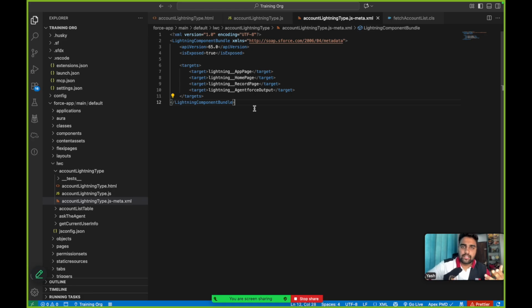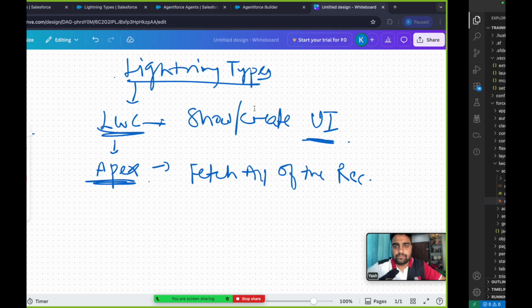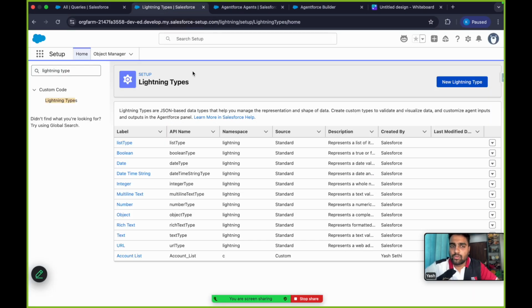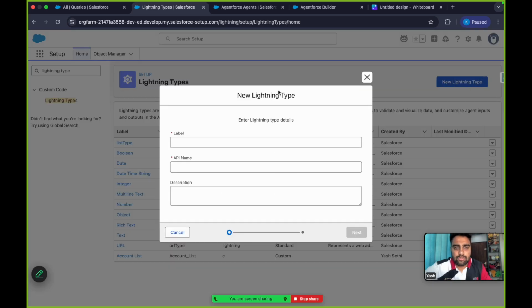We also have created the Lightning web component to create a specific user interface to show the complete list of accounts. Now is the time to create a Lightning type. So you just need to go to Setup, and in the Quick Find box search for Lightning types. Once you are on the Lightning Types screen, you will see one button, New Lightning Type. You just need to click on it,